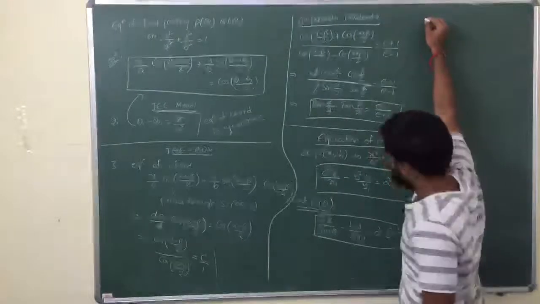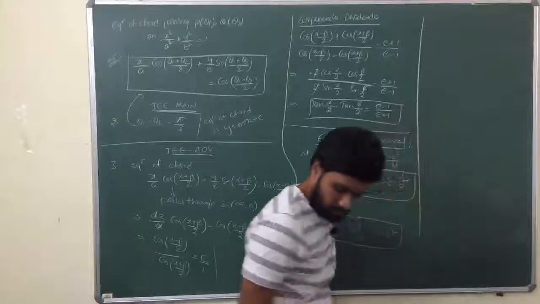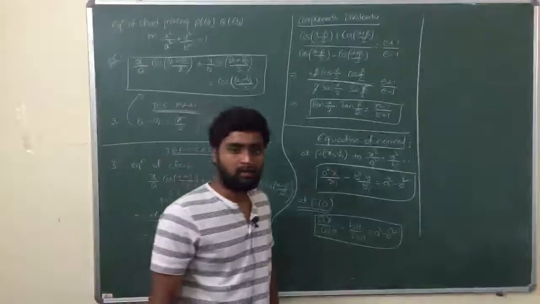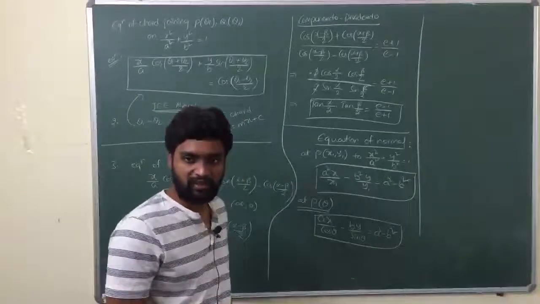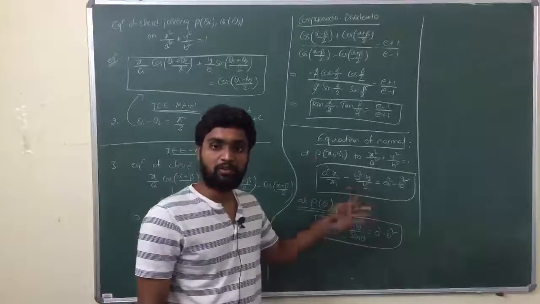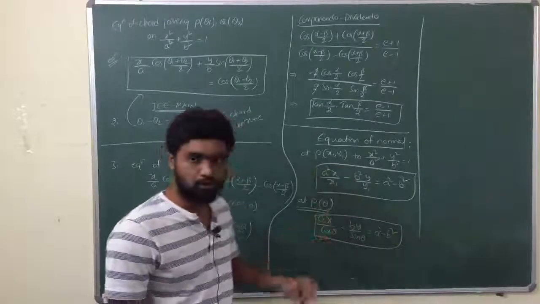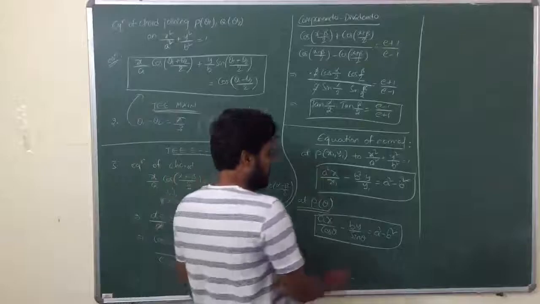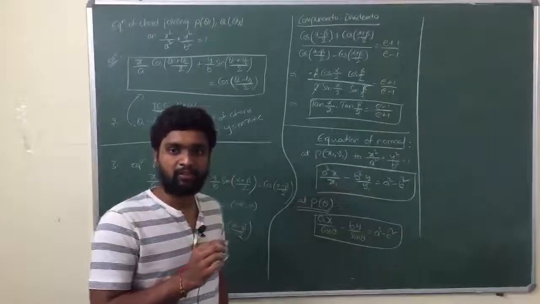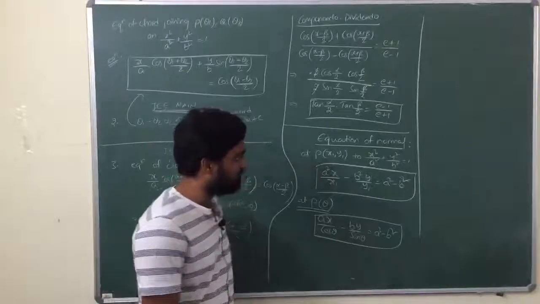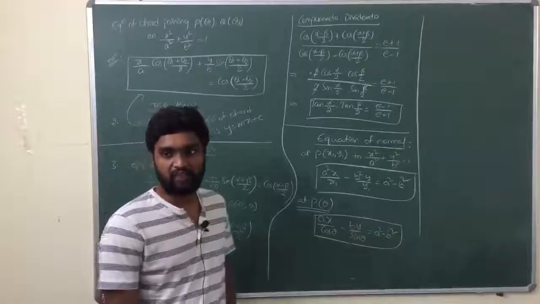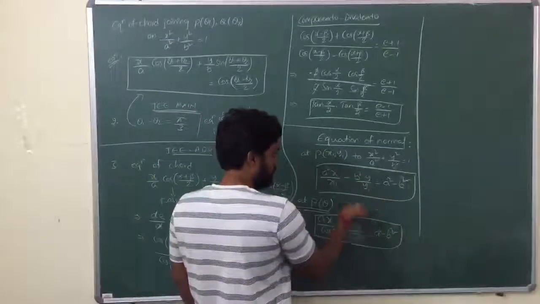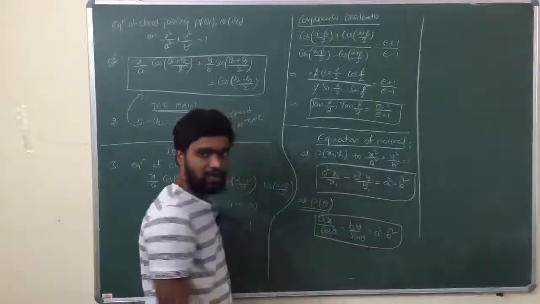So this is the equation of normal. Okay. So how to find the equation of tangent? Simply S1 is equal to 0. Even if you forget the formula, simply by using S1 is equal to 0, you will find the equation of tangent. But for the equation of normal, the process will be lengthy. Y minus y1 is equal to minus 1 by m into x minus x1. That's how you find the equation of normal, right? m is the slope of tangent, so minus 1 by m will be the slope of normal. So y minus y1 is equal to minus 1 by m into x minus x1. That will be the equation of normal. So that is a lengthy process. This is the equation of normal at point P (x1, y1). This is the equation of normal at P theta.